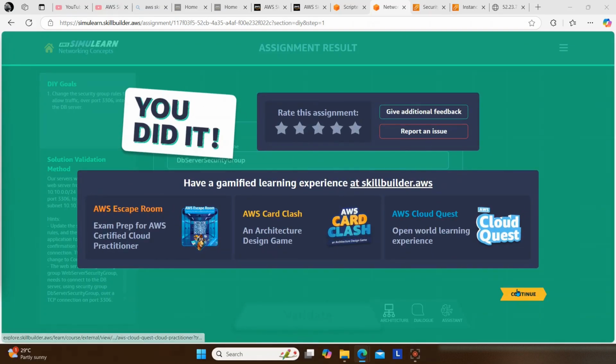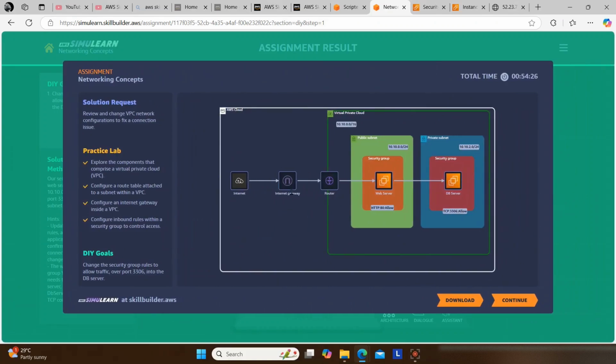Congratulations! We successfully attached an internet gateway to our public subnet, and we've successfully modified both the security groups of